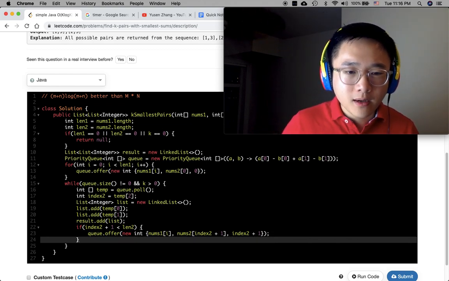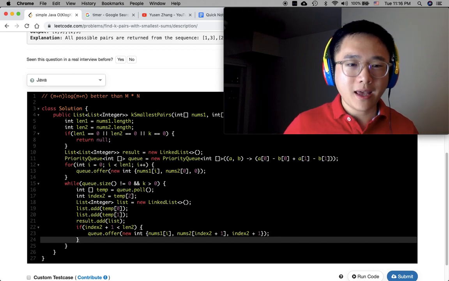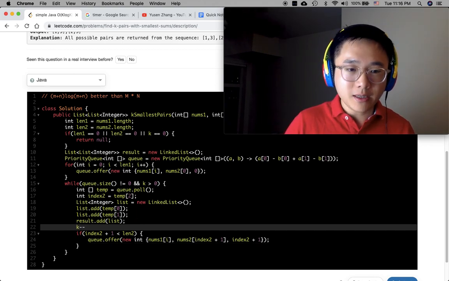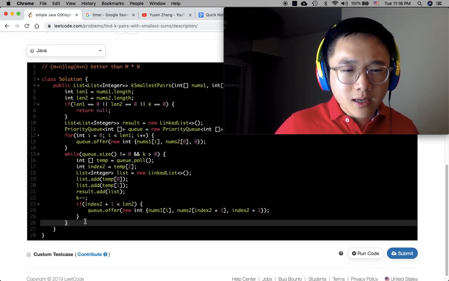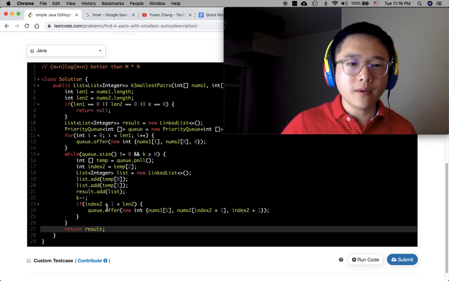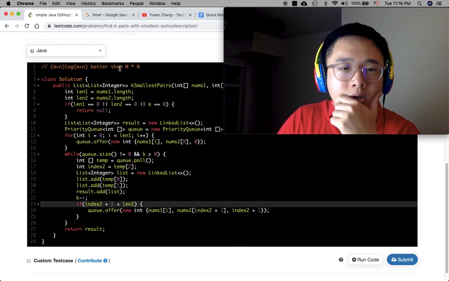Okay. And then, don't forget one thing: we have already added the result, so k will be decremented here. At the end, we will return results. Okay. Well, we have 5 minutes to debug. So let's see,